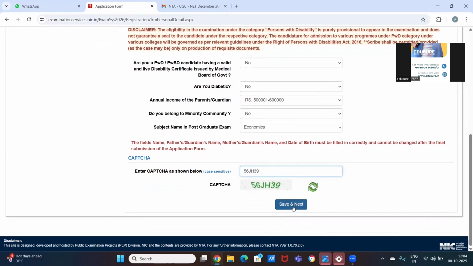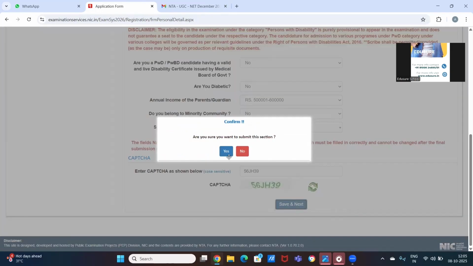And here we click on save and next, and this is what I meant from the beginning when I said that just in case you're not able to fill in the form at a go, do not worry, you keep on saving and moving on to next, so you don't have to start from the very beginning once you sit, just in case you have to sit again. Save and next.